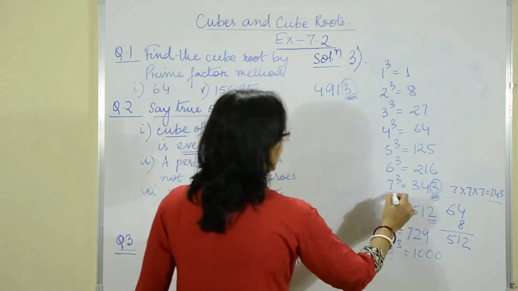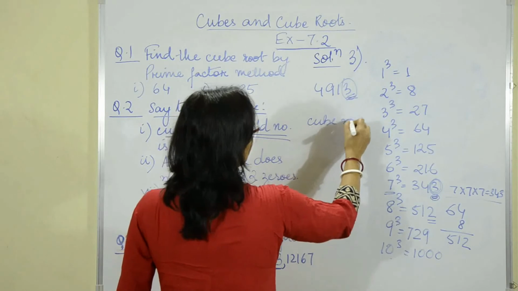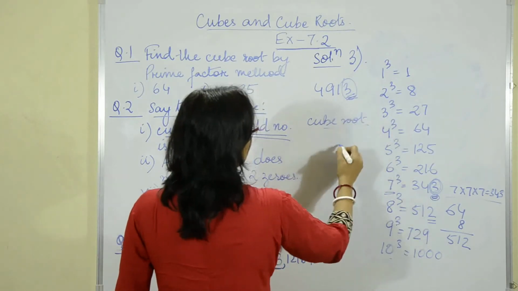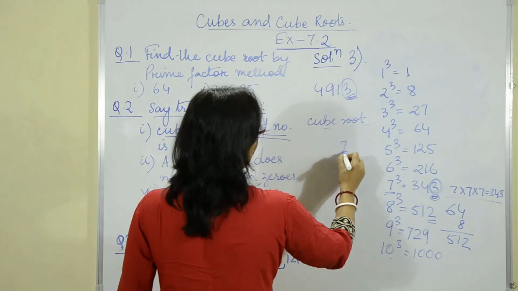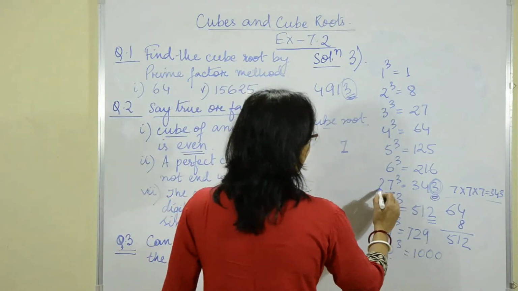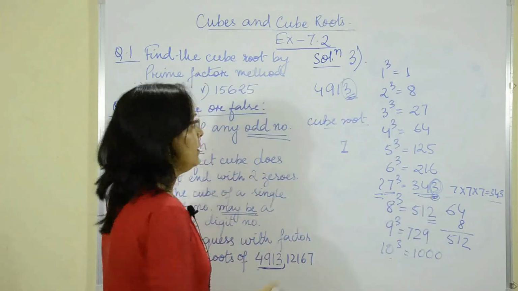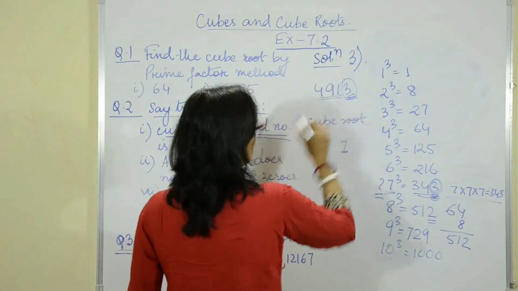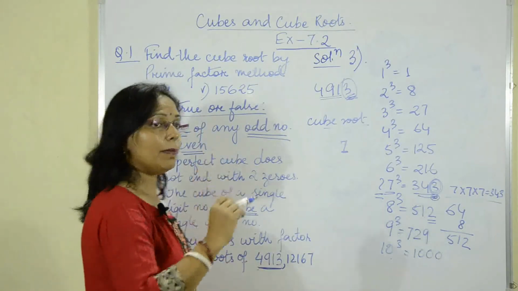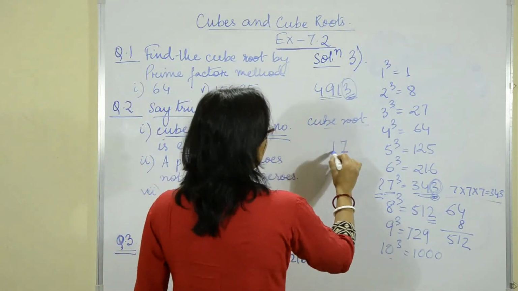So, one thing that I can interpret is that in the unit place, when I find the cube root, I will have a 7 for sure. Now, there will be another digit as well, because 7 cubed is 343, but I have 4913. So, there will be a number in the tens place as well. Now, let us take the tens place number to be 17.